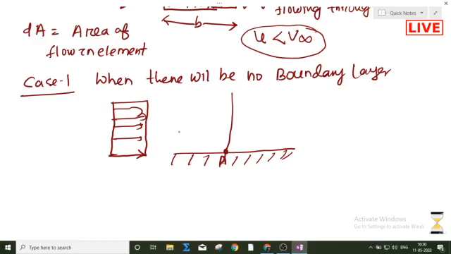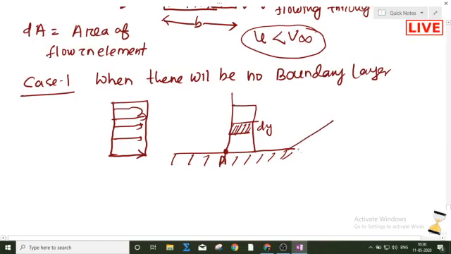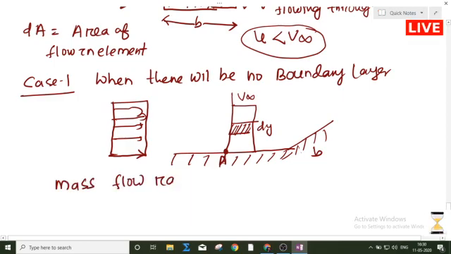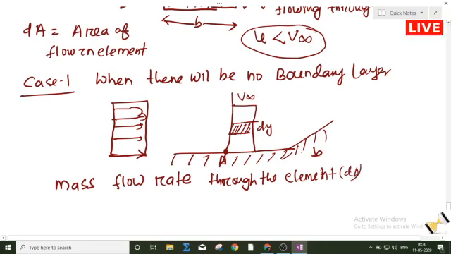So whatever mass flows into this elemental area, that is of thickness dy, and this is my plate width b. Through this the velocity will remain constant because the boundary layer is not formed, so there will be no reduction in mass flow rate. If you write down the mass flow rate through this element, through the element of area dA,